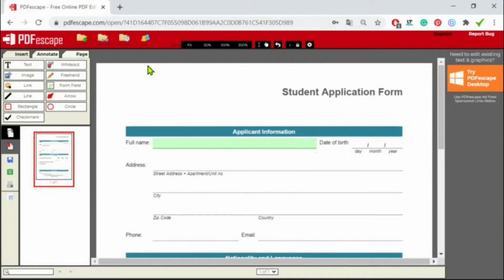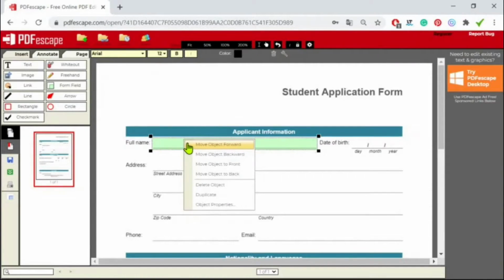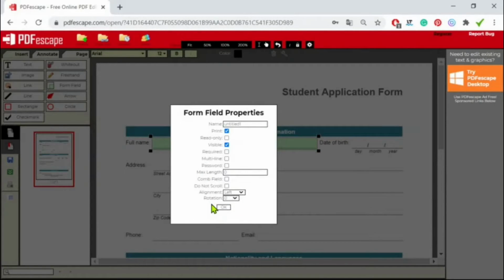As you can see, the button is no longer highlighted, and this gives you the chance to focus on your green box. The box is ready to use, but you can format the settings on the text that you are going to see in the box. In order to do that, right-click with your mouse on the box and select the next option, which is Object Properties. When the Object Properties window pops up, you will have multiple options to edit.